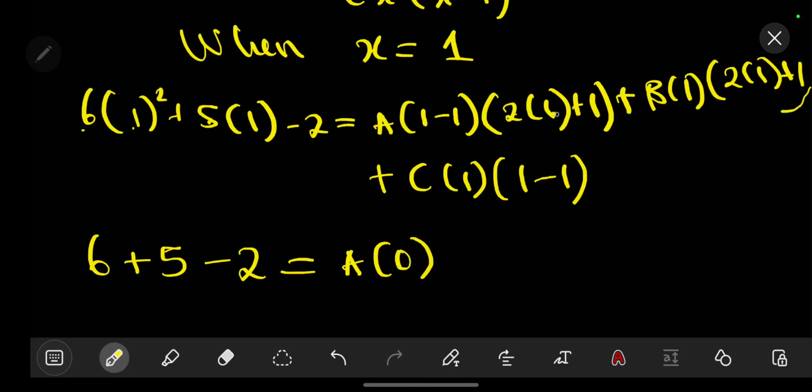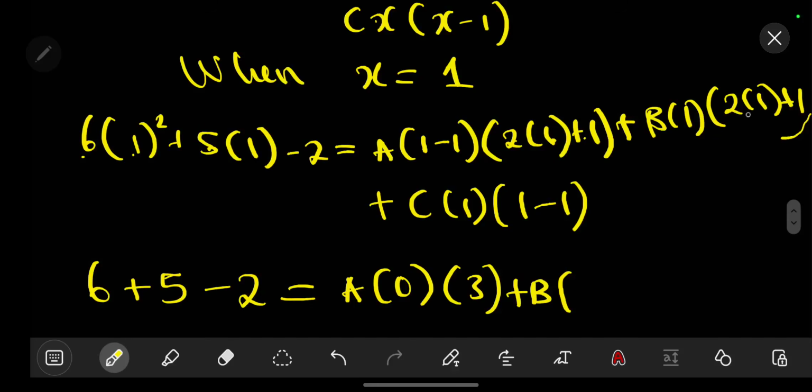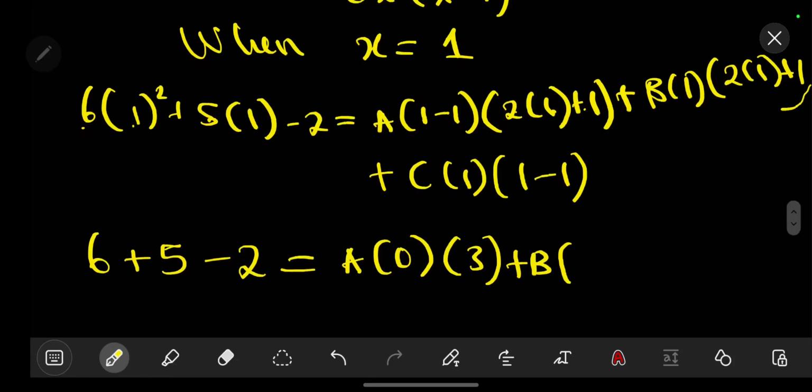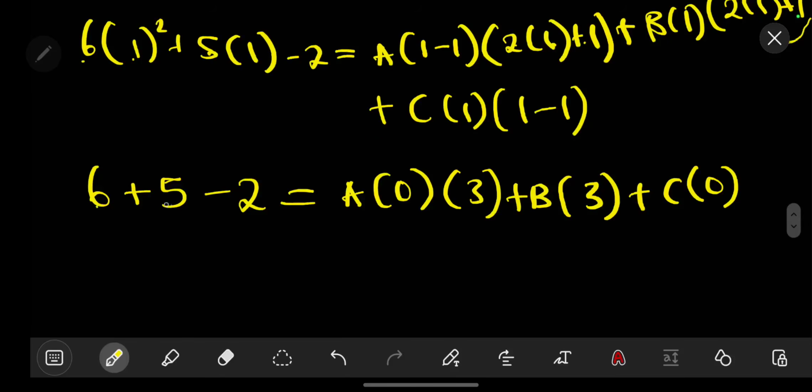Then 2 times 1 is 2 plus 1, that's 3, so we have a 3 there. Then we have plus our b, 2 plus 1, because 2 times 1 is 2 plus 1, that will give us a 3, so we are going to have a 3 here. Then we have plus our c times 1 is c, then we have times 0. So already we are going to have 6 plus 5 is 11 minus 2, that's 9, should be equal to,